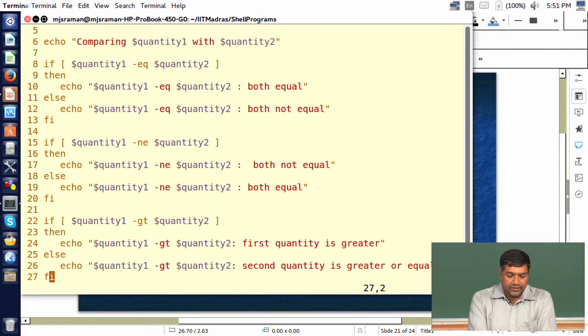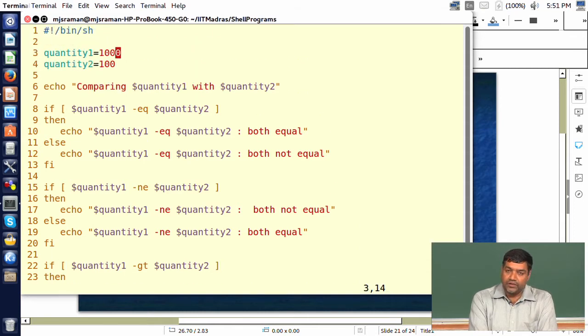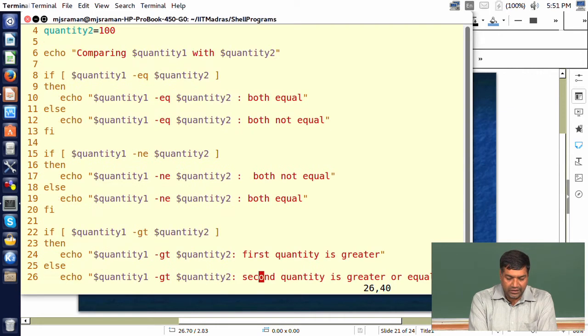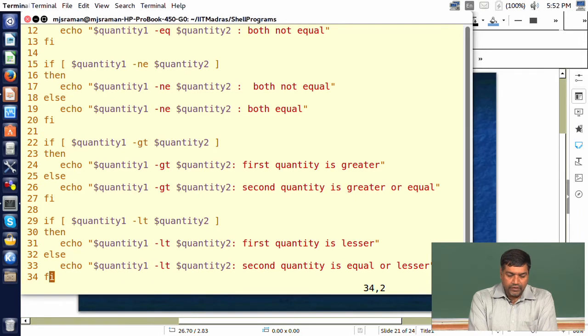We will come to line number 22. Here this tries to find out whether quantity 1 is greater than quantity 2, and obviously we had given quantity 1 the value of 1000 and quantity 2 the value of 100, therefore, it will print the first quantity is greater. Moving on to line 29, we are trying to see whether the first quantity is less than the second quantity. The first quantity is 1000, the second quantity is 100, and obviously 1000 is not less than 100,